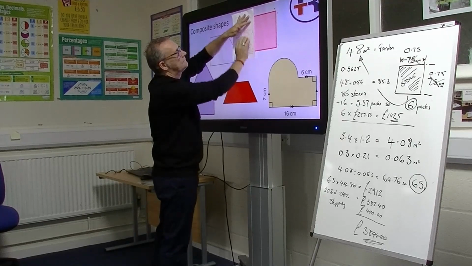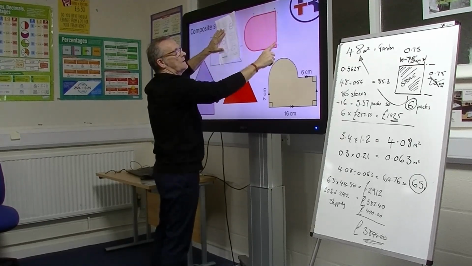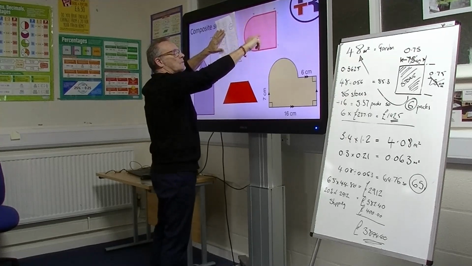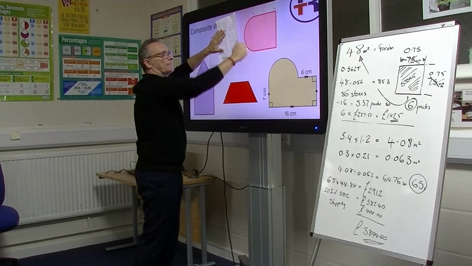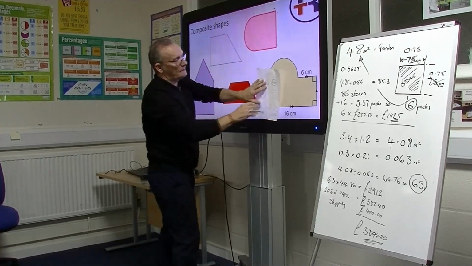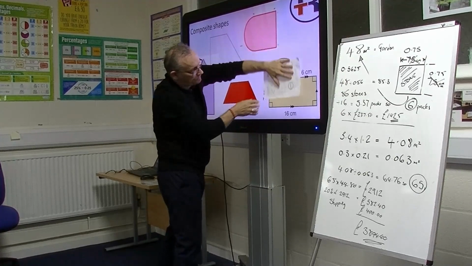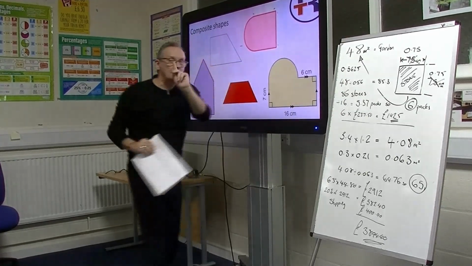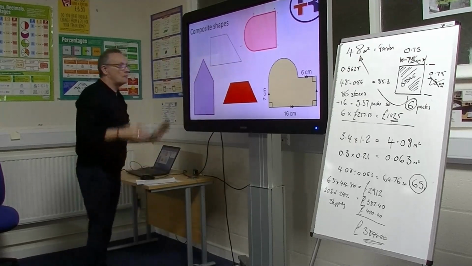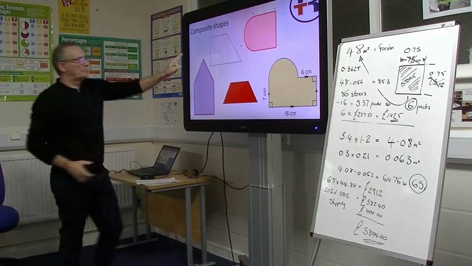Rectangle, square, half a circle. Length times width, pi times r squared, divided by 2, because it's only half a circle. What about this one? Same thing. Rectangle, half a circle. That's half the battle now, is for you guys to recognise what the shape is, because these